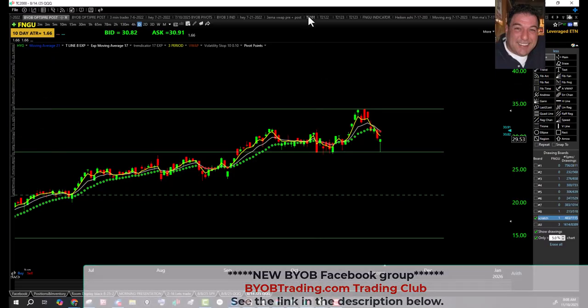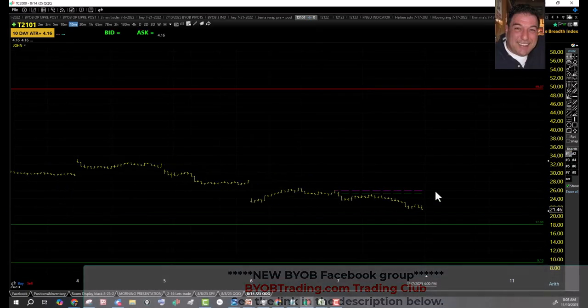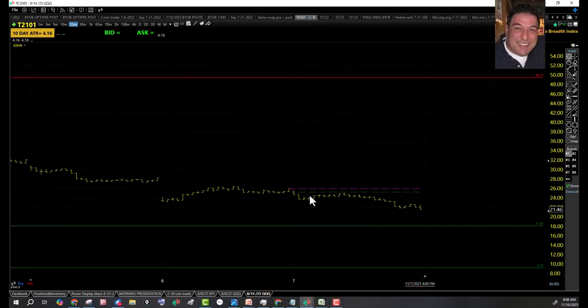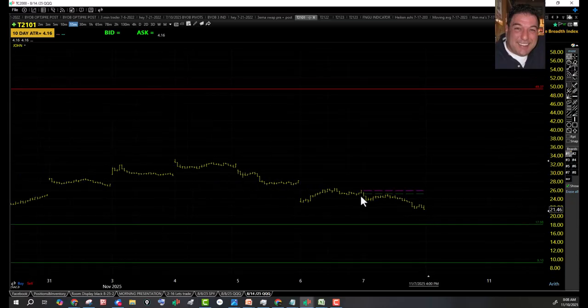Let's take a look at our technicals, T2101. Yesterday we went down. When we were going down, the market breadth dipped a little bit different. Usually when we go down, the market breadth increases. All right, and when we went up, market breadth decreased as well. So no matter what, it seems like people are stepping back from the market. Not as much participation on Friday with that huge dip down, okay, as there was the previous day before.